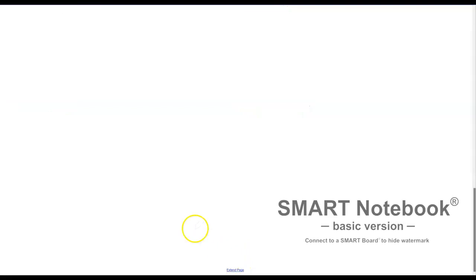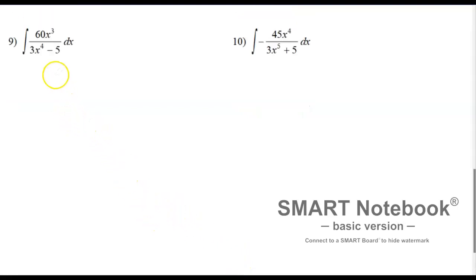Let's go to number 9. This is the third set here. We're going to integrate 60x cubed over 3x to the 4th minus 5 dx. Essentially it's the same process here, so let's identify u. Let's pause the video and give you a chance to scope out the formula chart. If you got tripped up, I'm with you. If you identified that this is related to basic differentiation rule number 9, u prime over u, good for you. So let's first identify u in this case,